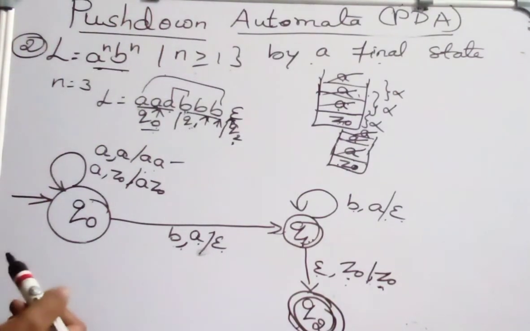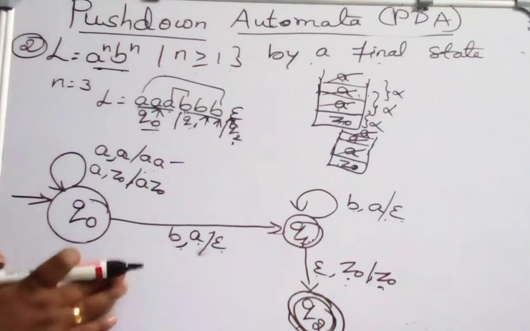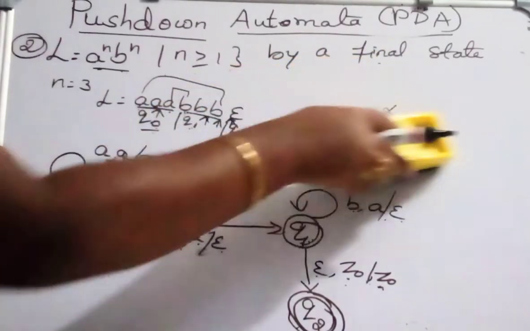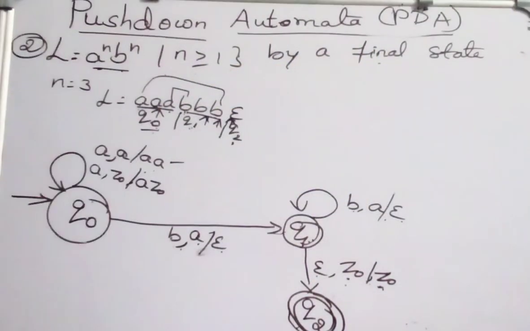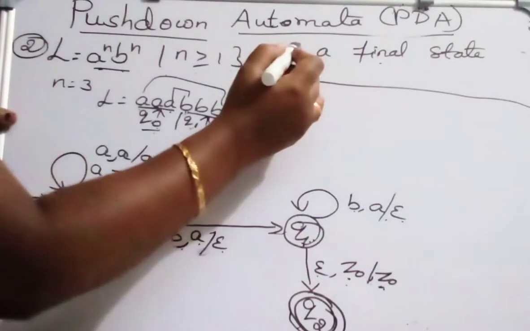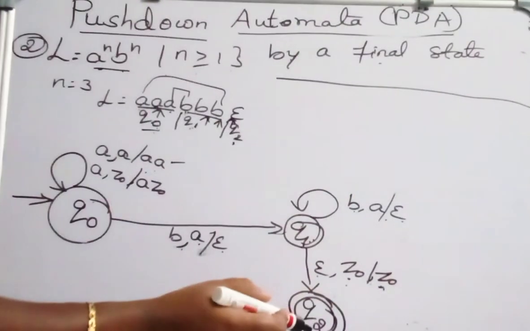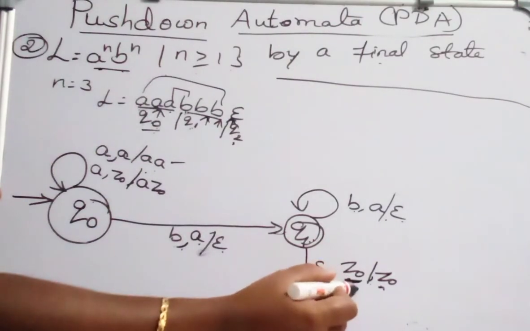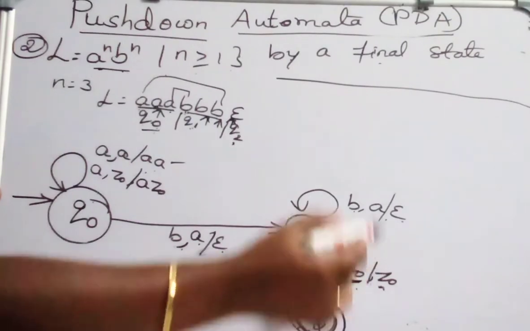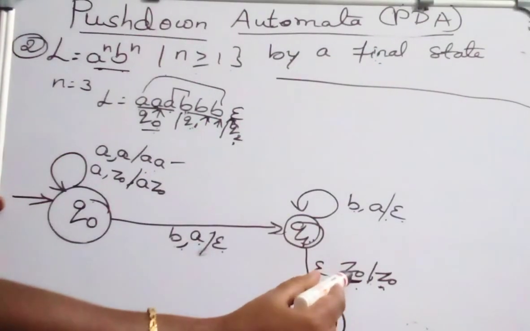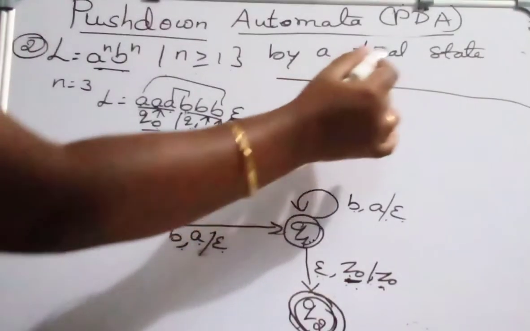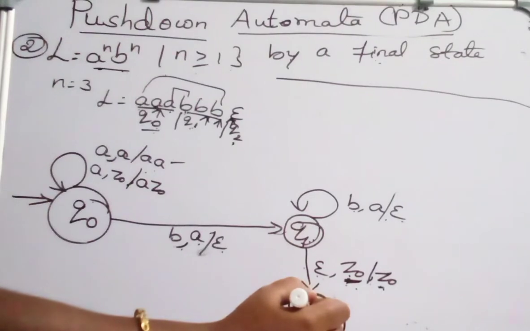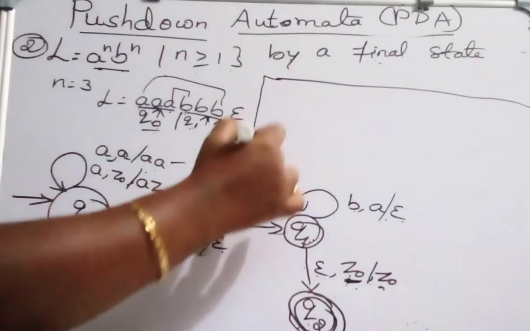So finally we have to write all the transitions. How do we write the transitions for this language? A PDA is a 7-tuple machine and here it is acceptance by final state. Q2 is the final state here and the content of the stack is not null, there is Z0. Okay, this is important. If it were acceptance by empty stack, we should make the stack null. But since it is by final state, the content of the stack should not be null. So the final state here is Q2.